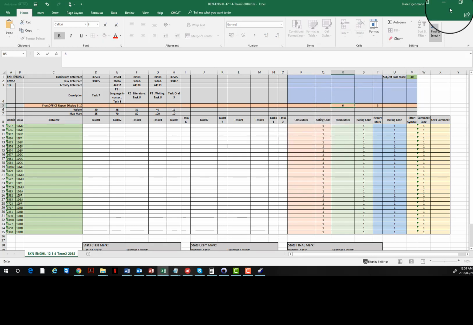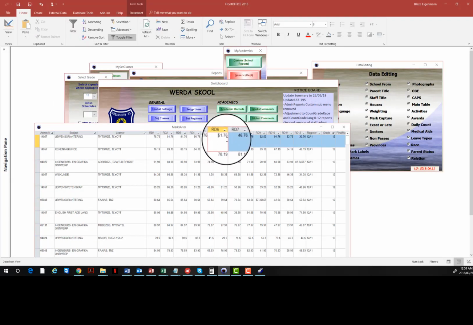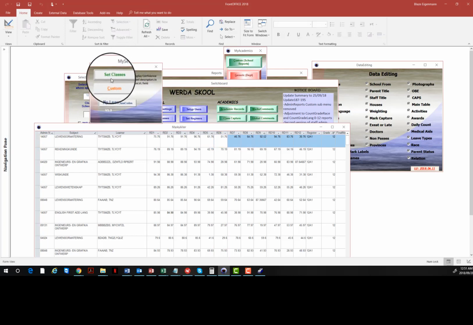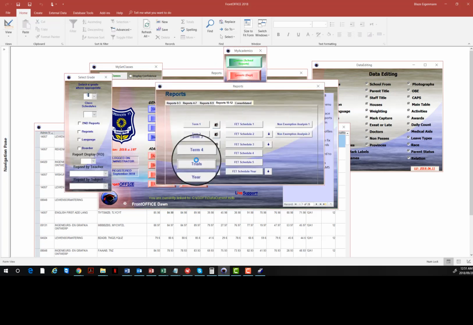Okay. It doesn't really matter because as long as you just tell it where to reference it from on the report itself, either tell it to look at the term 6 reference, or indeed you can tell it to look at the year reference, like I said, and then just make your set classes weighting. You make the 6th number 1 and the rest of them 0s. So you basically have complete control in that sense. And as I say, if you did make it 6 on your trials report, exactly like we just did,